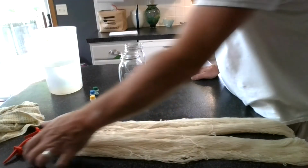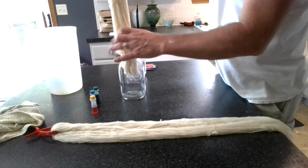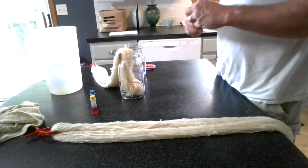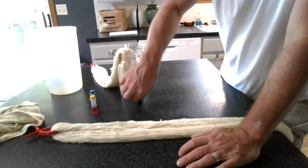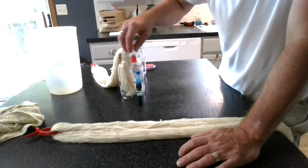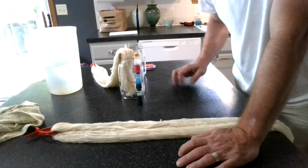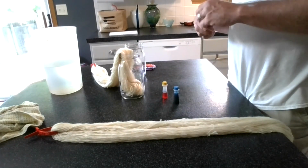I'm going to start with the jar that I'm using food coloring and put one end of the yarn into the mason jar. For this skein, I'm going to layer color in the jar, starting with the green on the bottom, then add the blue in the middle, and the yellow on top. To start off with, I'm going to use the green food coloring